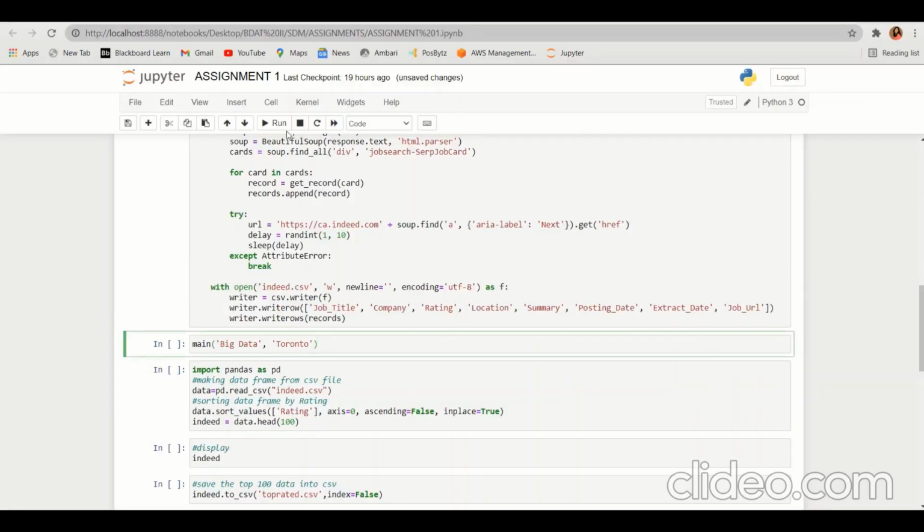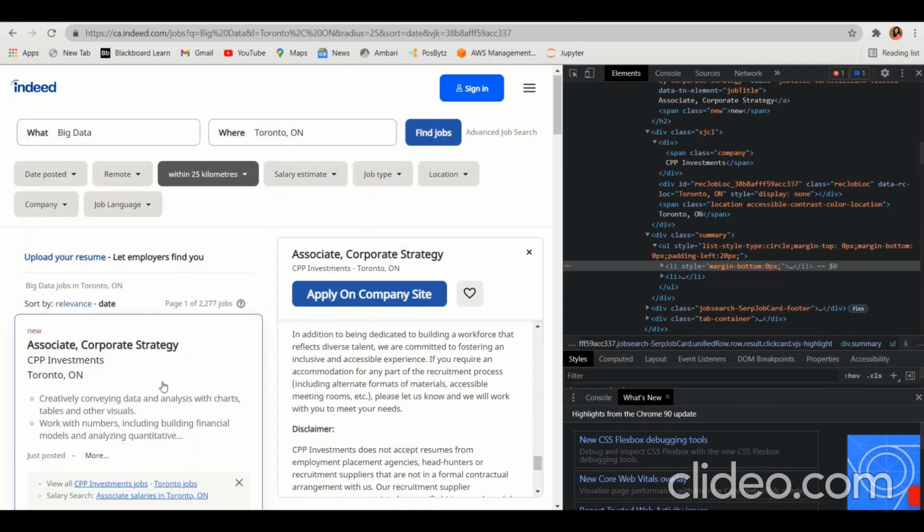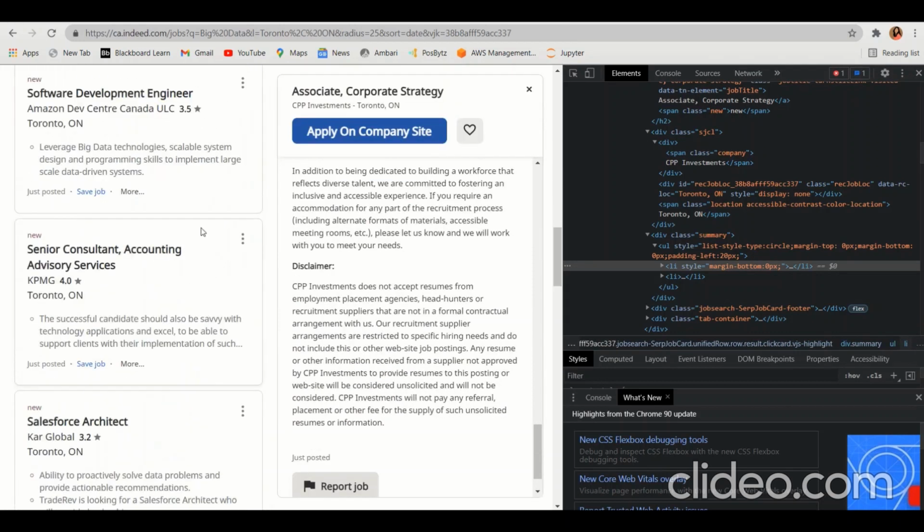Now I'm going to give the job name and the location here. As per your need, you can modify the jobs and the location. It will take around 10 minutes because here we are having 2277 jobs, so it has to retrieve all the jobs in the web page.